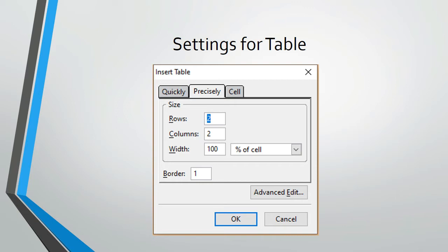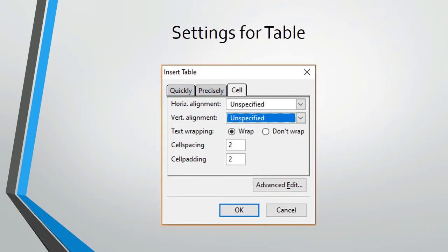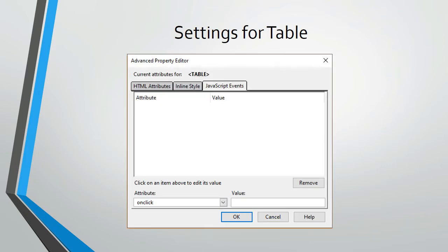We can choose the text wrapping option. We can set cell spacing and cell padding options also. In the advanced property editor of the table, we can set JavaScript events, inline style and HTML attributes for the table.